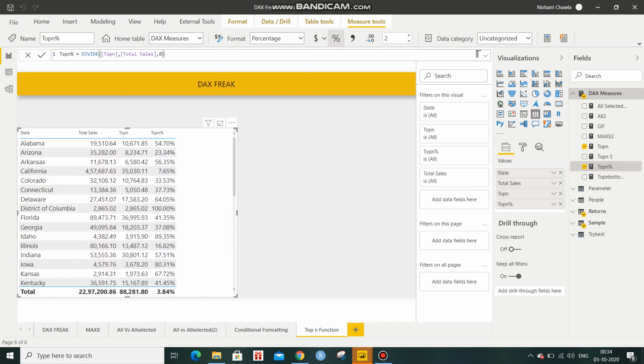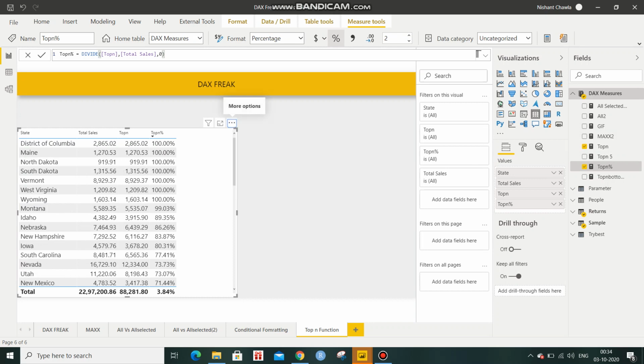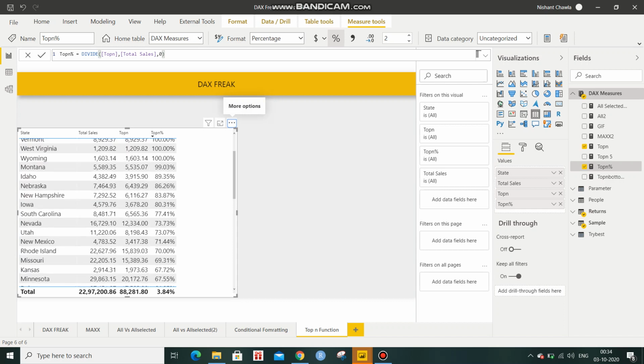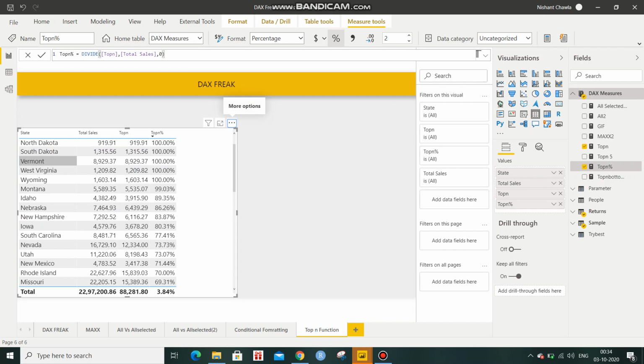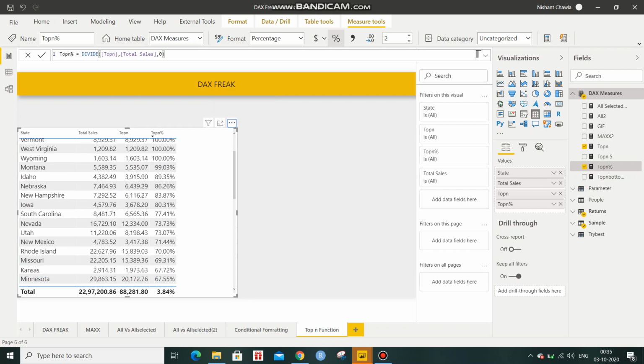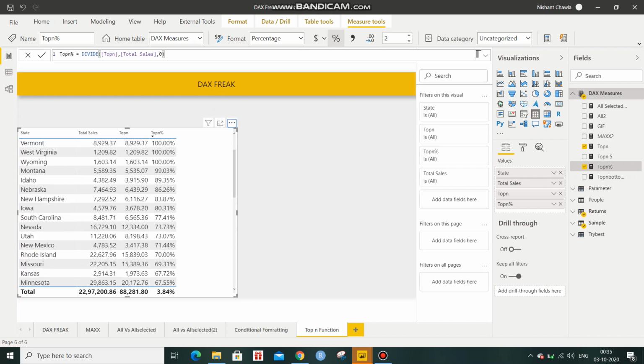Now I can sort it by top N percent. And here, oh my god, District of Columbia has the total 5, or maybe it has only 5 customers, but then you can see the states where 100% of the sales, or 80% of the sales, are coming from the top 5. In South Carolina, 77% of the sales are coming from the top 5 customers. So that's an insight for you, right? You can work on this insight.